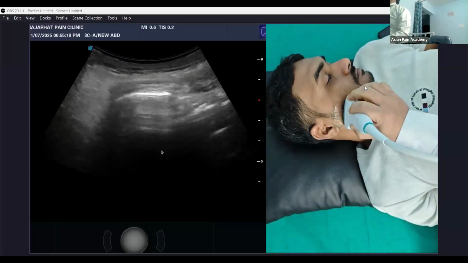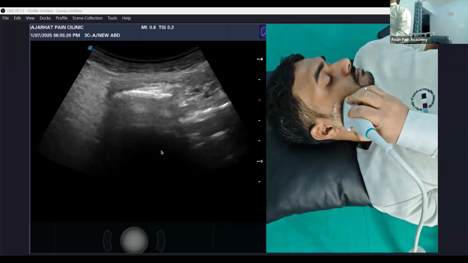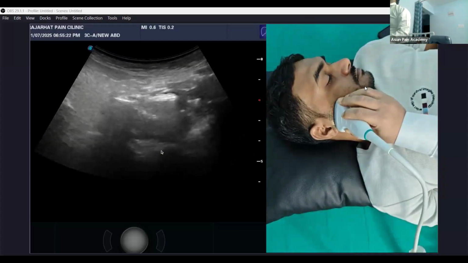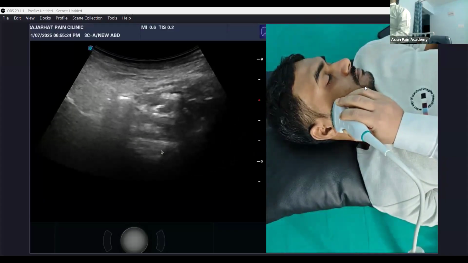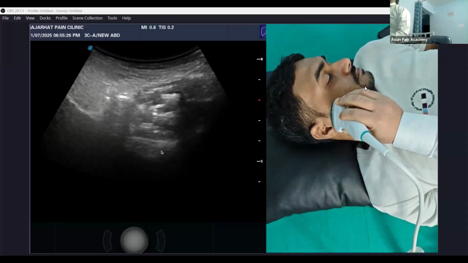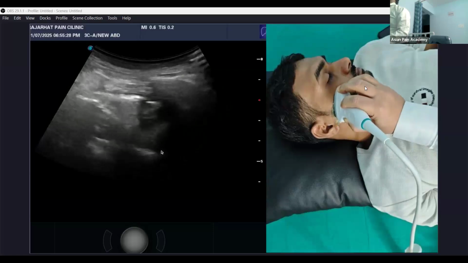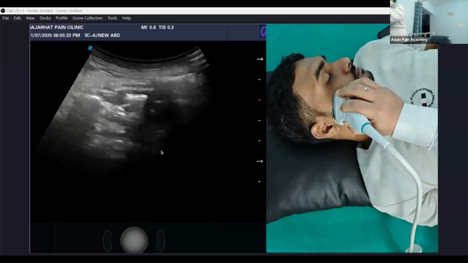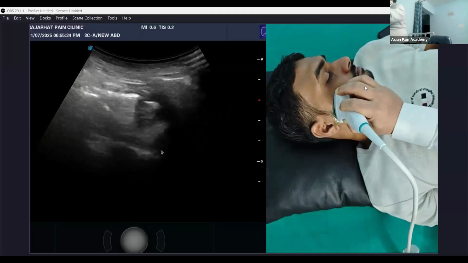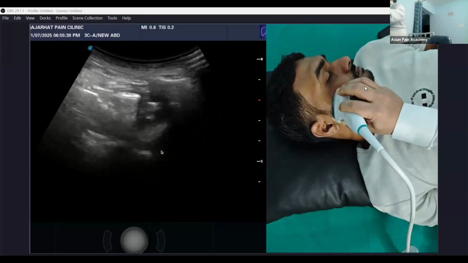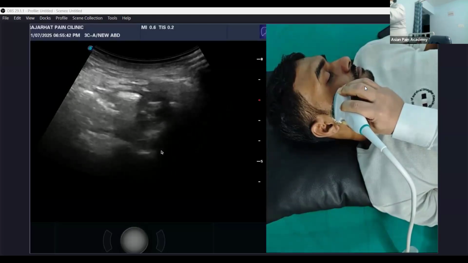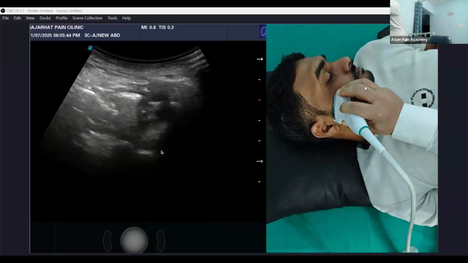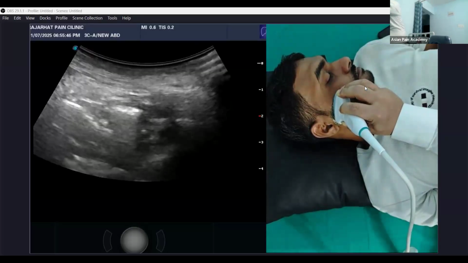So remember, first step, see the ramus of the mandible. Second step, make that two: one is condylar process, one is coronoid process. Third step, just go forward and see between the condylar and coronoid process and the maxillary wall. Okay, so at this point, if I increase the depth a bit,